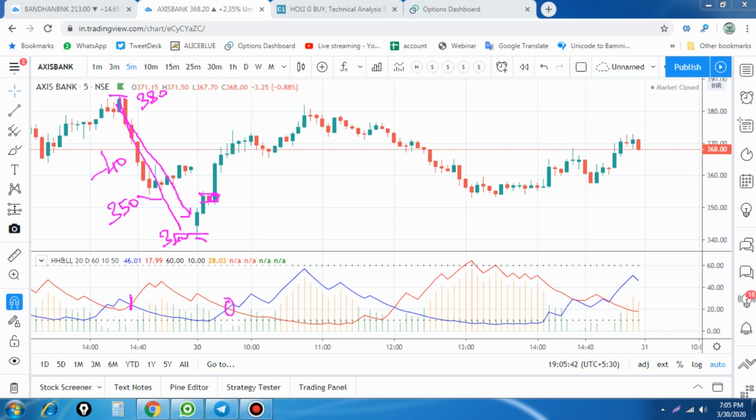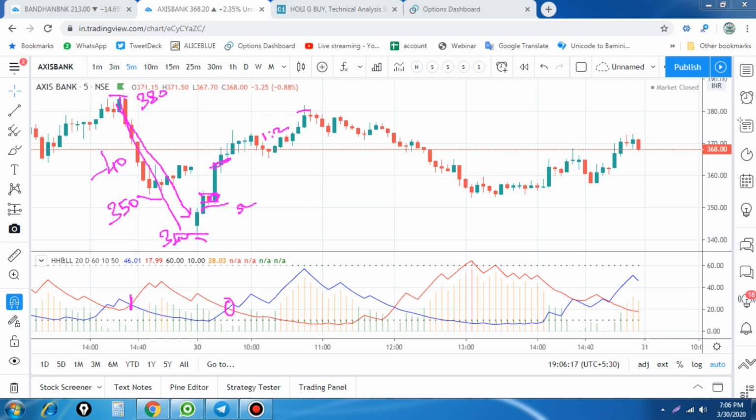When the buy signal is generated, we can try to buy the stock at that level, and you can keep the recent low as the stop loss. So when you buy around 360, your stop loss may be 350, and with a 1:1 risk reward ratio, 370 is your target, and it reached 382. So here a 1:2 risk reward ratio was generated. We took this buy signal in the early morning, and we booked around 15,000 rupees profit on the same signal. Okay, this happened.